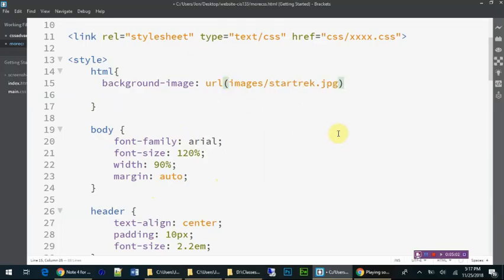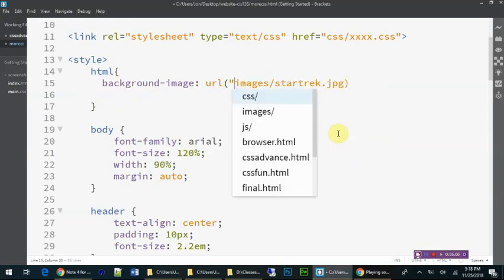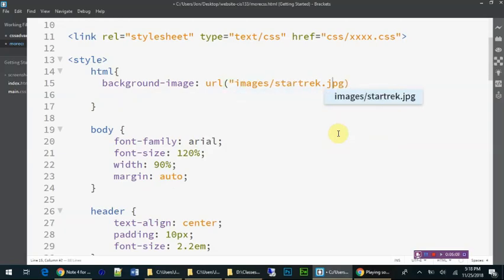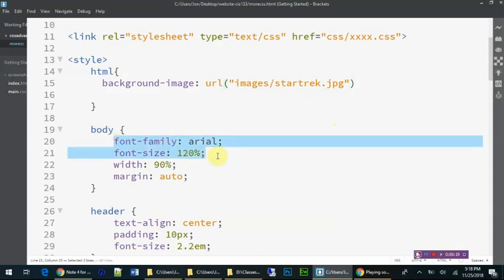Now I don't believe you have to do this, but I've been told to do it this way, so I'm going to put these double quotes in. That was just the way I was taught. And then if I really wanted to, I could move this information here up into here, but I'm not going to bother with that. So let's take a peek at that